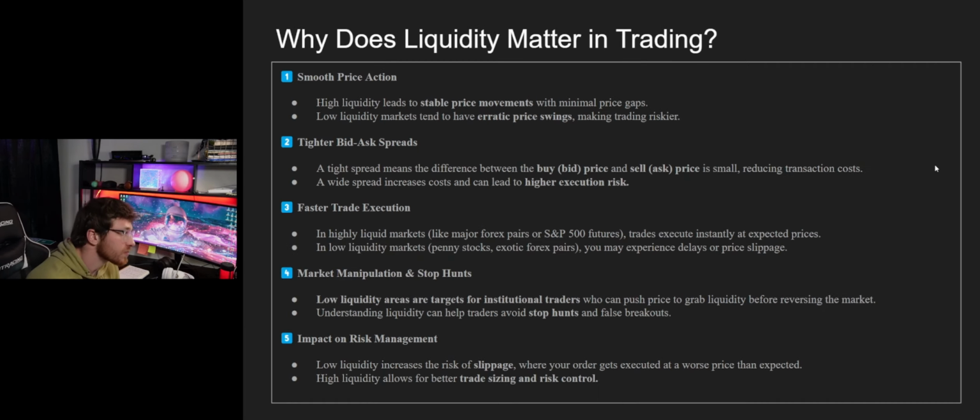So why does liquidity matter in trading? First, smooth price action. High liquidity leads to stable price movements with minimal price gaps. Low liquidity markets tend to have erratic price swings, making trading riskier. There are different ways, like people who scalp trade, where you don't have to trade off liquidity. But me personally, I found out through backtesting everything and testing different ways of trading and different strategies, liquidity